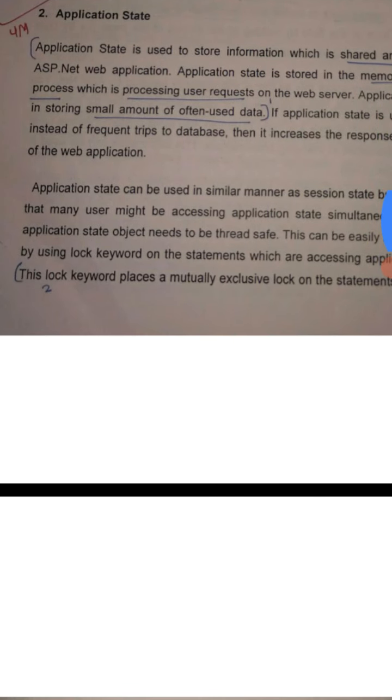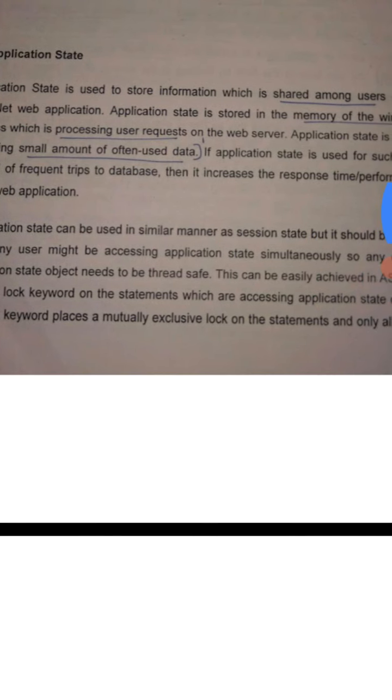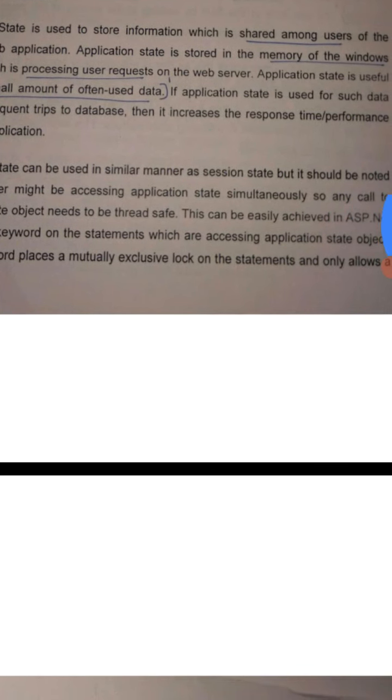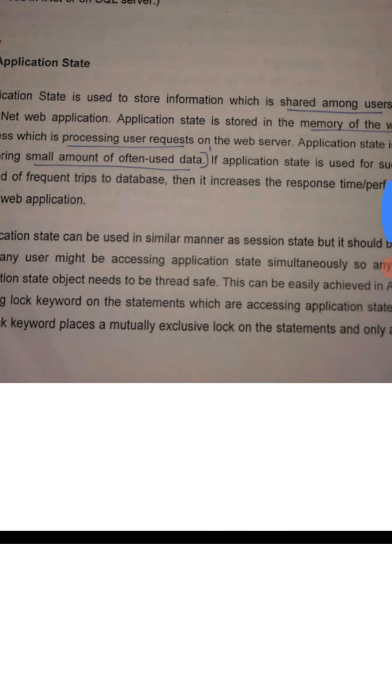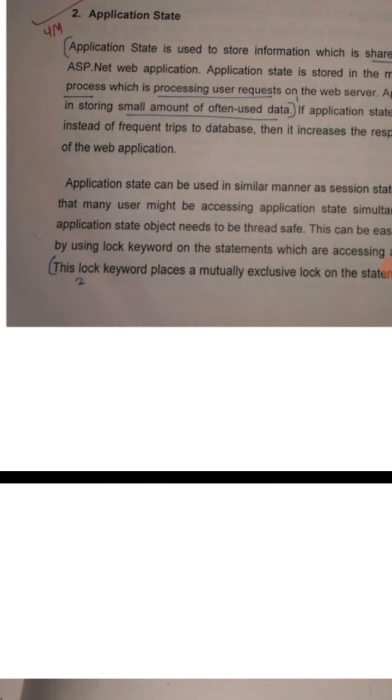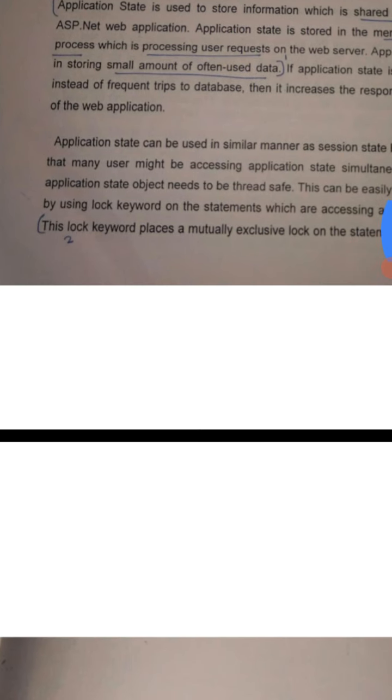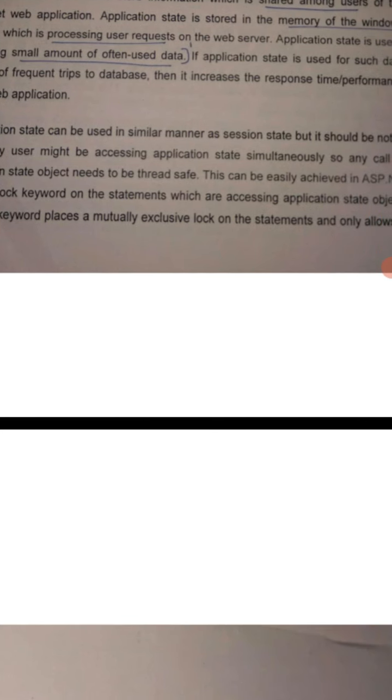See, application state can be used in a similar manner as session state, but it should be noted that many users might be accessing application state simultaneously, so any call to the application state object needs to be thread safe. This can be easily achieved in ASP.NET by using the lock keyword on the statement accessing the application state object.